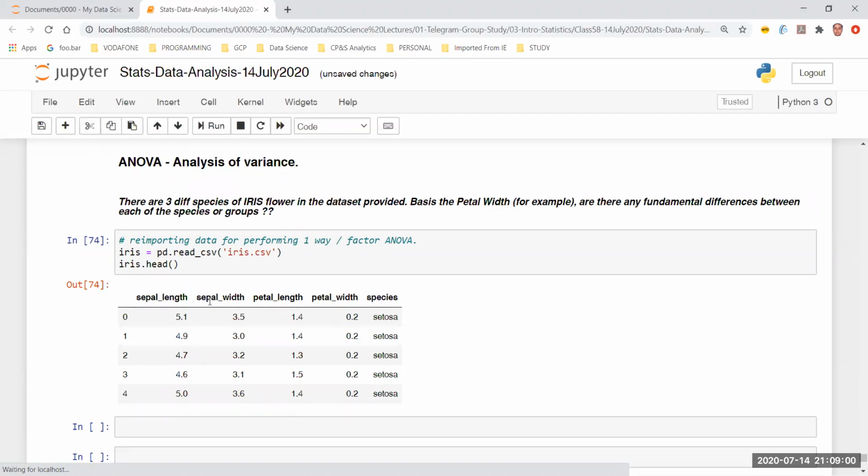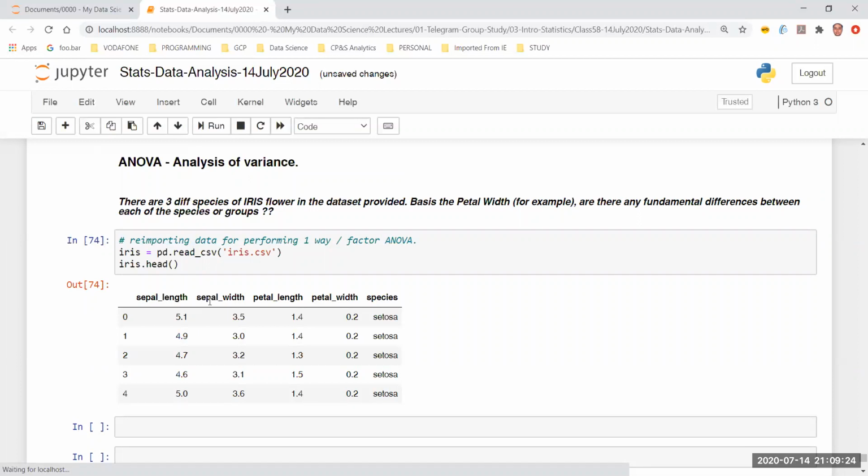If your question says that you need to find out the differences basis, let's say, petal width and petal length, then now you have two independents. So now you have two feature variables or two independent variables. Then you can no longer do one way ANOVA testing. You have to do two way ANOVA, because you have more than one independent variable. Now you have to take how many samples?